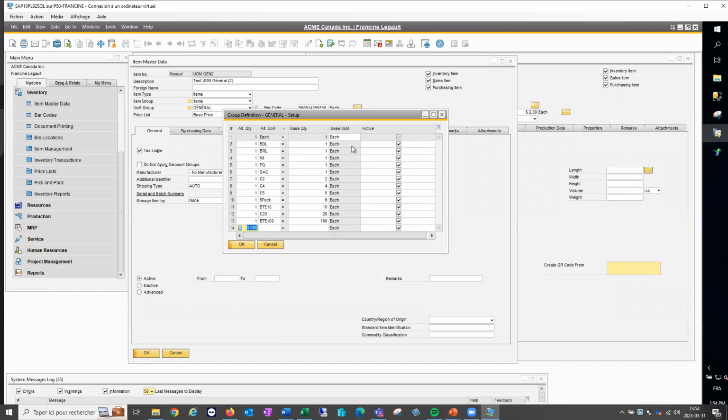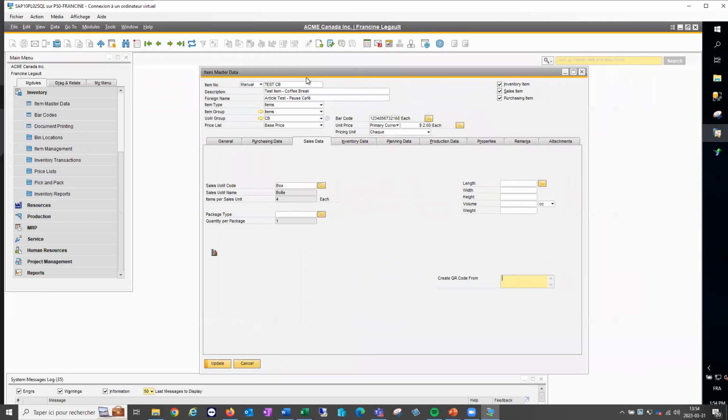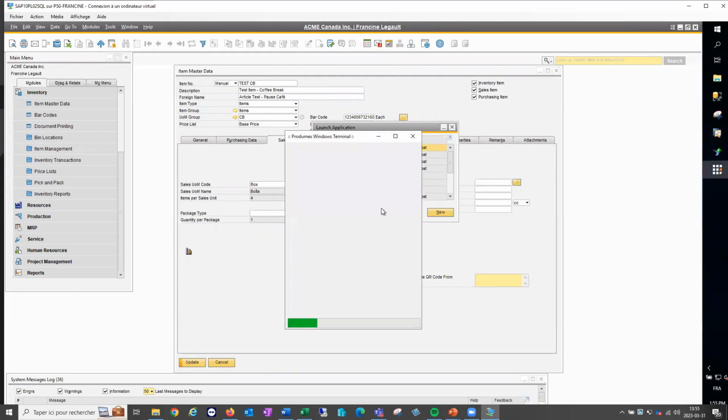Since we did some modification on our test unit, I will just reopen my scanner and show you what a good unit of measure group will do for your operator.